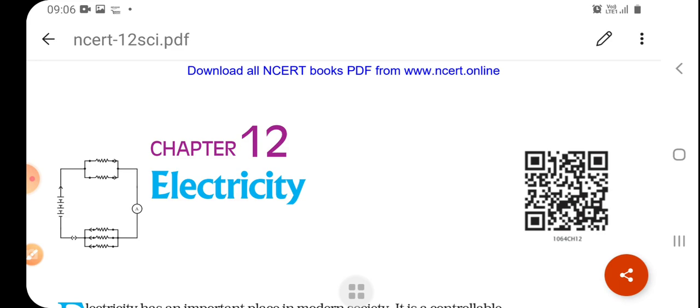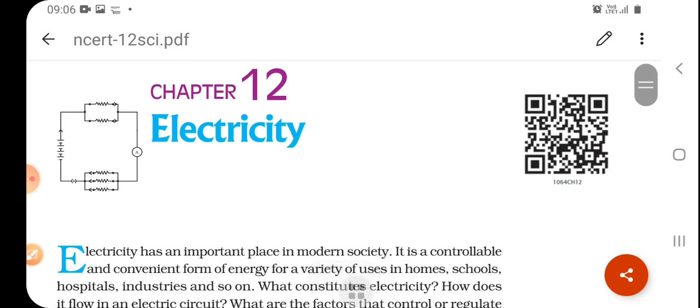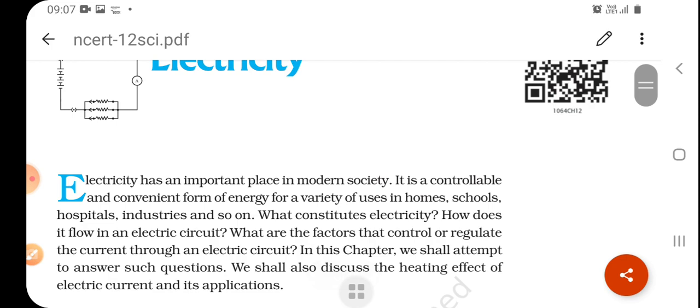Okay. So in electricity we have to study the different electric components which are placed in an electric circuit. As you can see in the diagram, there are different electric components placed in this circuit. We have to study these components in detail. What is the function, what are the units, what is electric current, volt, potential difference, ammeter, voltmeter, and resistance.